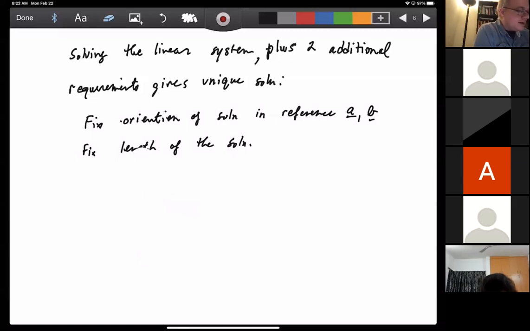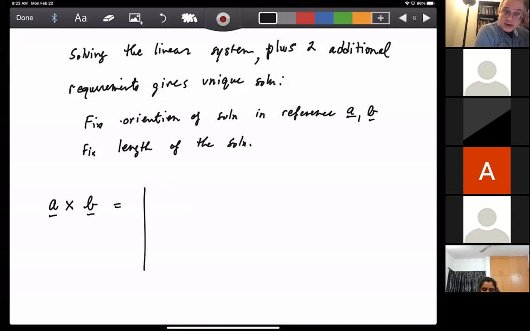And with these requirements, I'm going to define the cross product of the vectors A and B. It's called the cross product because we use the times symbol to represent it. This is a vector, of course,